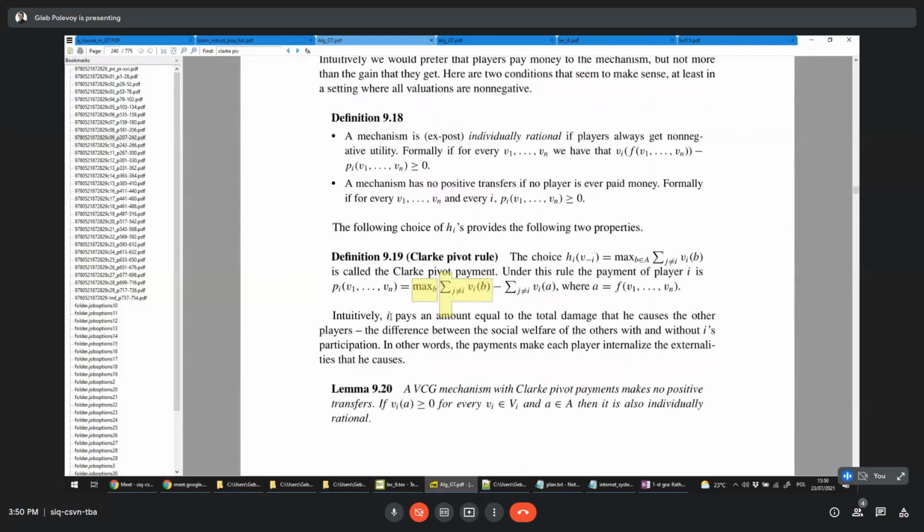Could you explain the second part, what player I is paid? I understood the first part, but the second part not so much. You mean the one actually which is now highlighted, right? Yes, yes. So the general payment